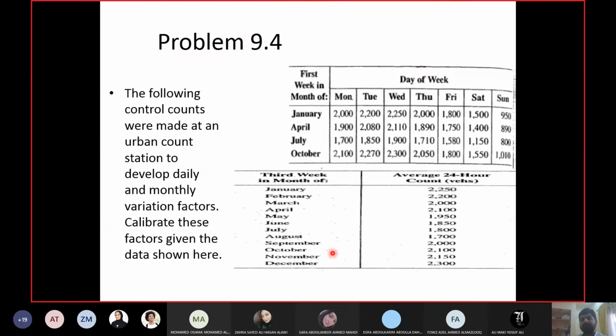So this is the sort of data which you will get from a major control count location. And then we have this table, where the data is taken for 7 days and you can see all the 7 values, but only for every 3rd month, meaning every season. So for every season, I have a week of values. You have the data for January, then April, then July, and then October.